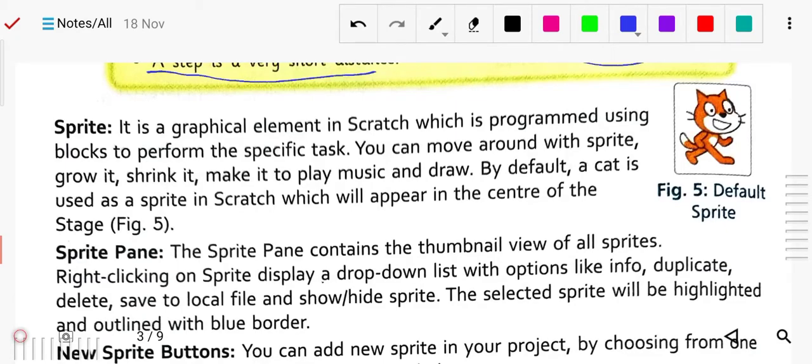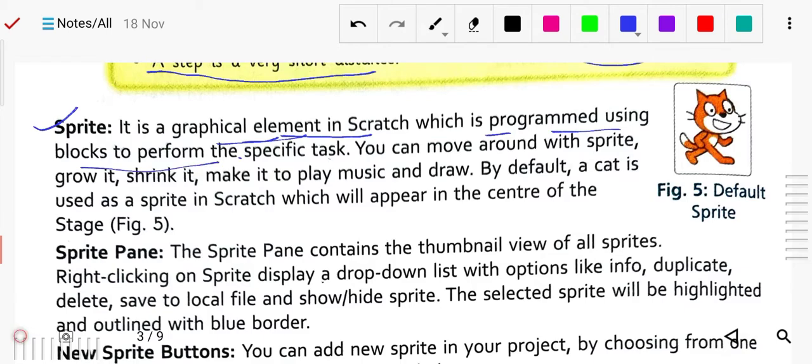Now the next element. We are continuing the Scratch window elements. We have already studied the stage pane. Now the sprite. It is a graphical element in Scratch which is programmed using blocks to perform a specific task.